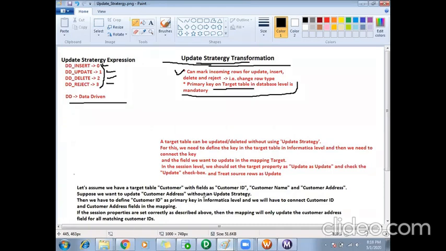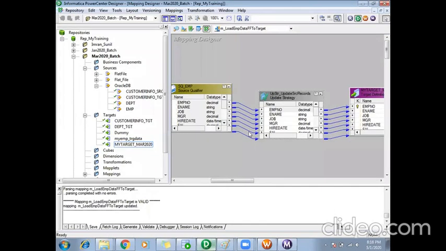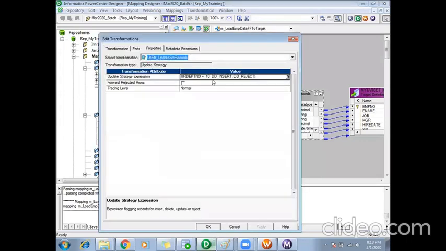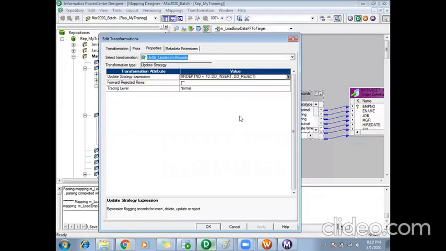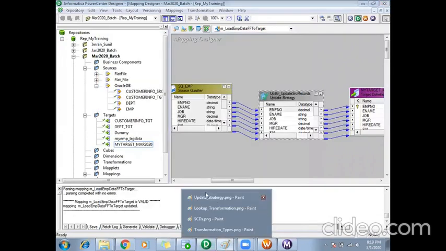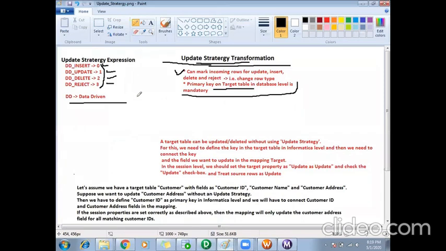So the answer is you can achieve this using update strategy transformation, using DD_INSERT, DD_UPDATE, DD_DELETE, DD_REJECT. If you get the condition based on what condition you want to insert or update or delete, that condition you can add in your update strategy. Right now I said based on department number you go and insert. Like that, based on whatever condition they say, you can add that condition in your update strategy expression, and achieve the result. Okay, so this is update strategy.